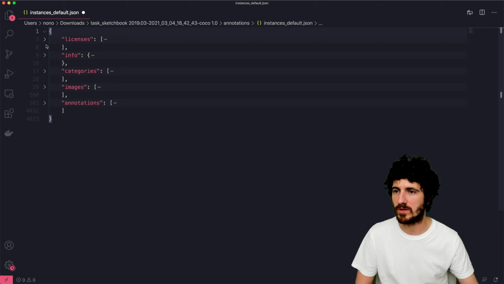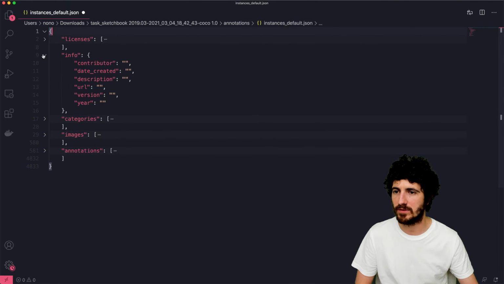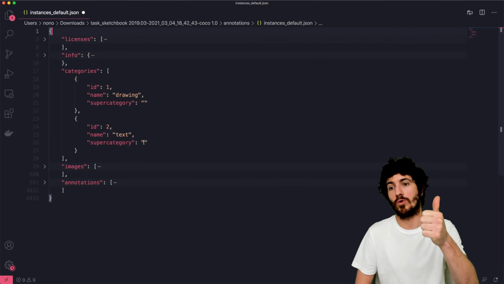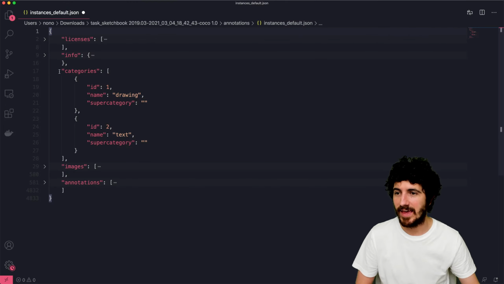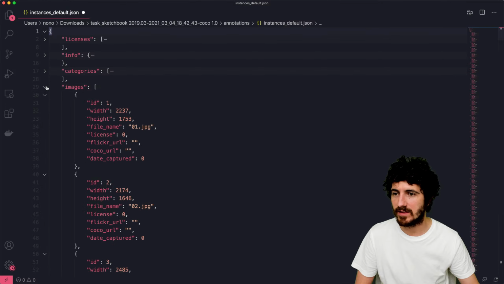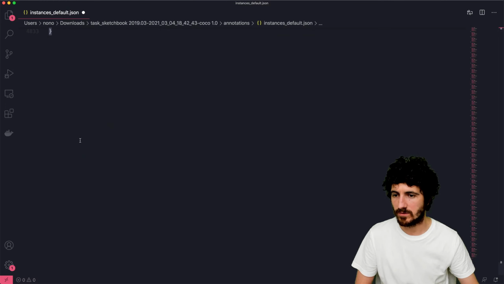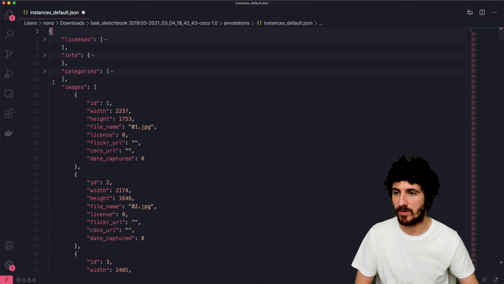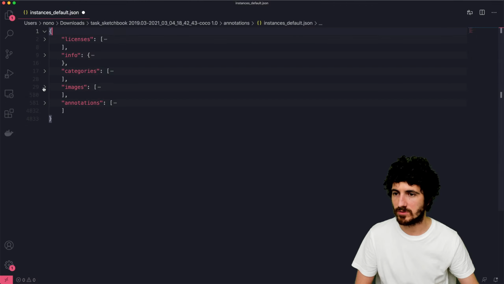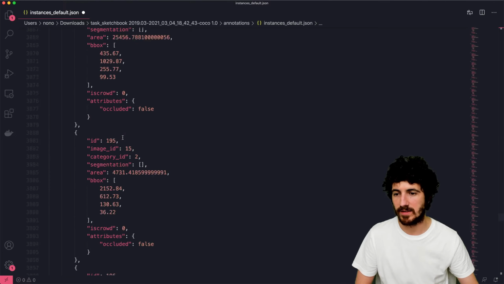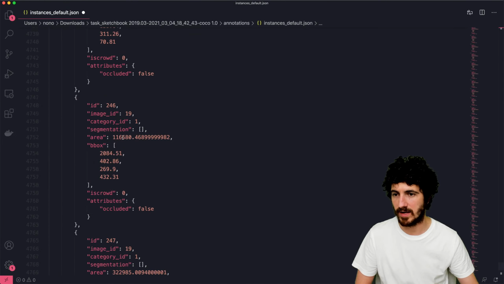So we saw this last week already. Licenses, we don't really have anything. We don't have any info. Categories, we have the two labels. So we have drawing and we have text. And under images, we have images from 1 to 55. So we have 55 images. And that captured, blah, blah, blah. And then in annotations, we have a bunch of them. This is crazy that we already added